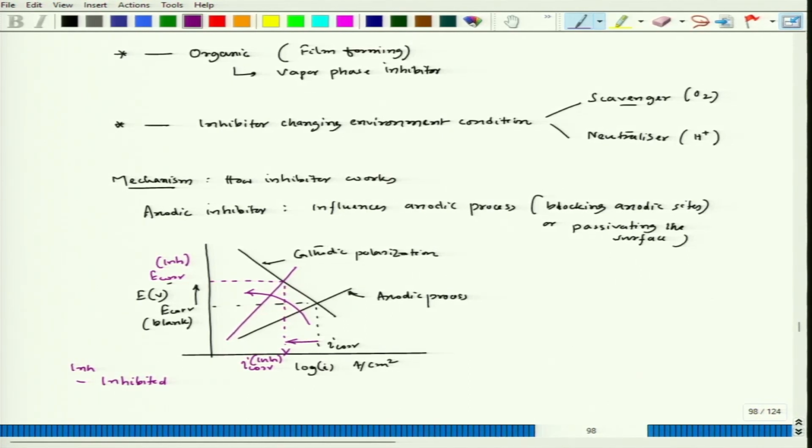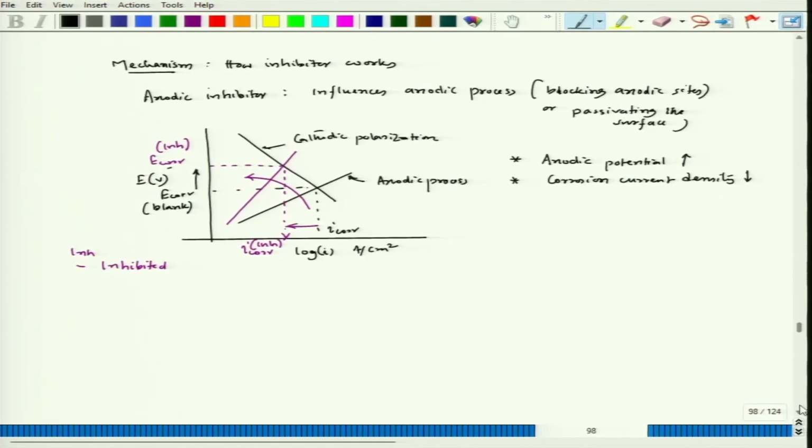So this corrosion current density also drops. Now, two effects: one is anodic potential goes up, second, corrosion current density drops. So, if we try to look at the cathodic inhibitor,